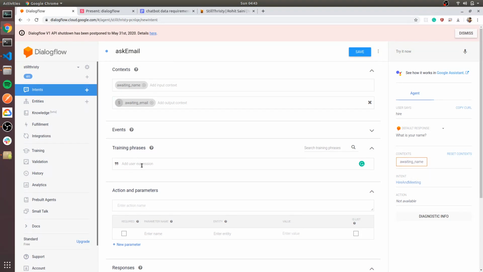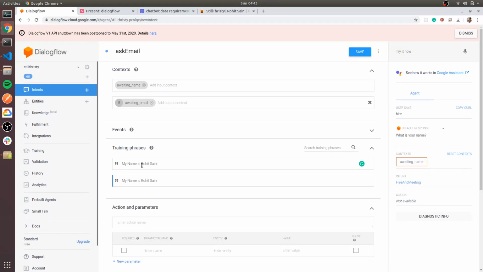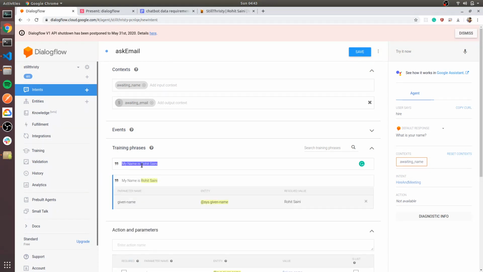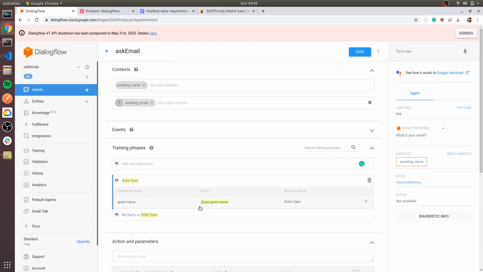The user will say something like my name is, and so it is generating that this is the given name. It is automatically detecting that this is a name, so it automatically gives an entity of system given name.